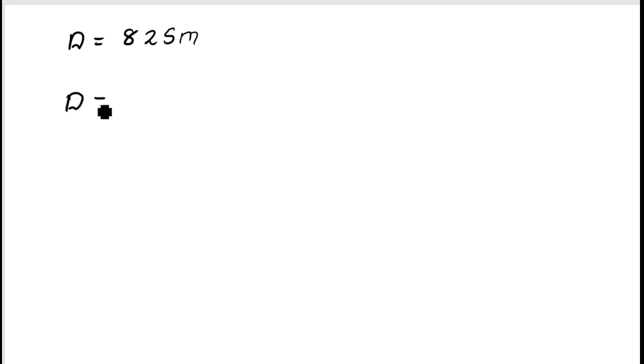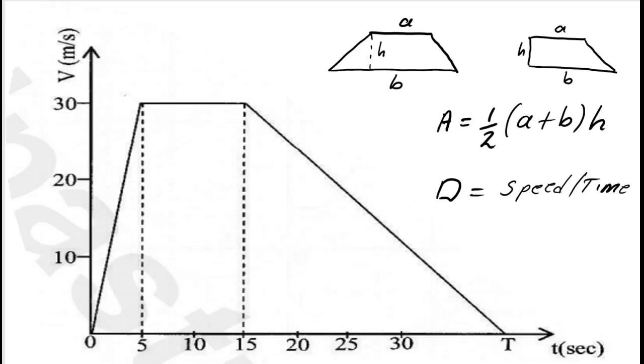Therefore, distance will be given by half (A plus B) multiplied by H. Okay, so it's just a matter of finding A, B, and H. So let us go back to our diagram. So this is our diagram, which is a trapezium. From 0 to T, that will be